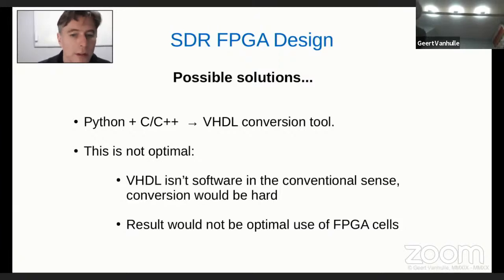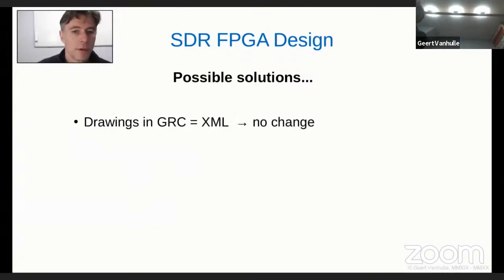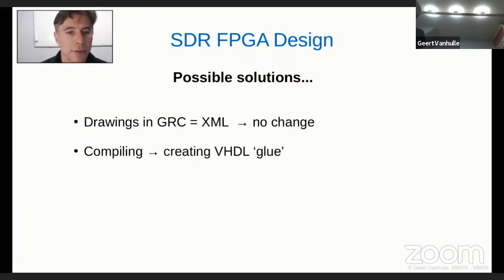With no doubt, the resulting VHDL code would be bad. It would work, but it would be bad, as it would by no means optimize the use of the cells in the chip. So this is not a good solution. What is a good solution is that we would keep this model, we make the drawings in GRC that is producing XML code, no change there, but that we would have a possibility to compile this XML code into VHDL glue instead of Python glue,